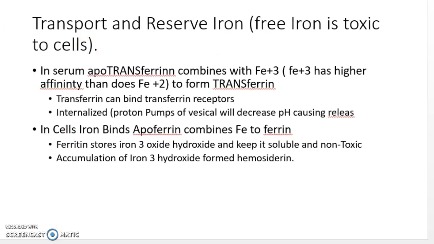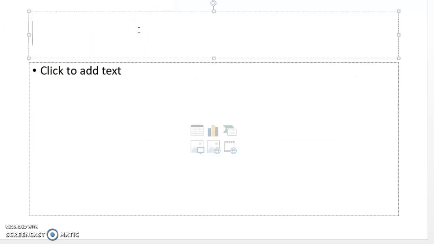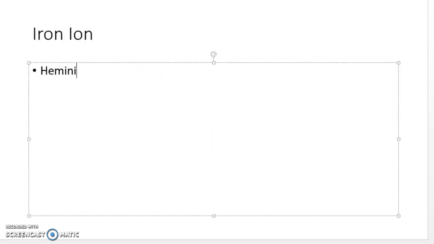The next thing I would like to talk about with the iron ion is a bit more. I talked about its transportation, which is a really important thing about the iron ion, but we can really divide its function into heme and non-heme. Heme can be those that are involved in